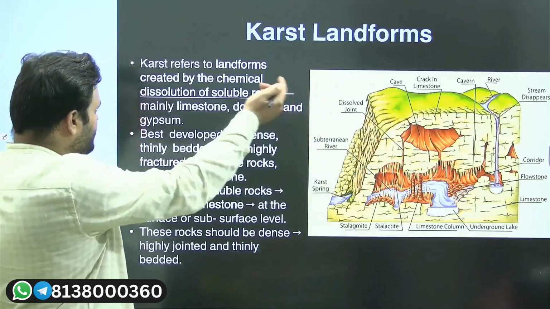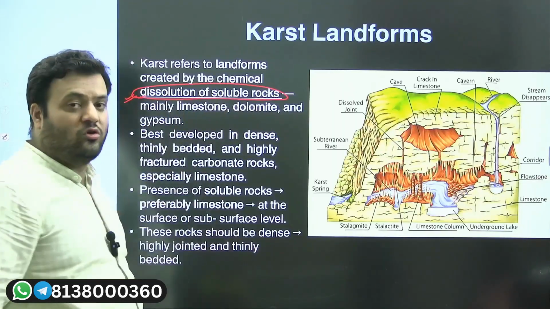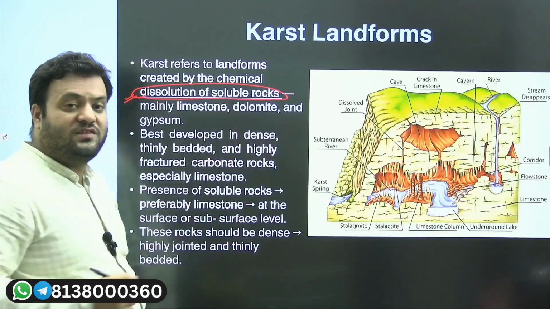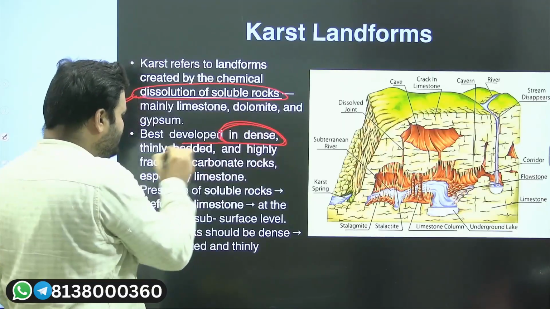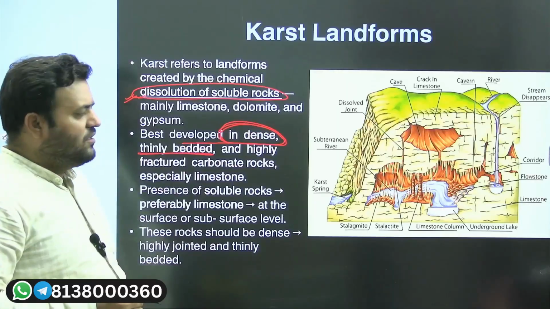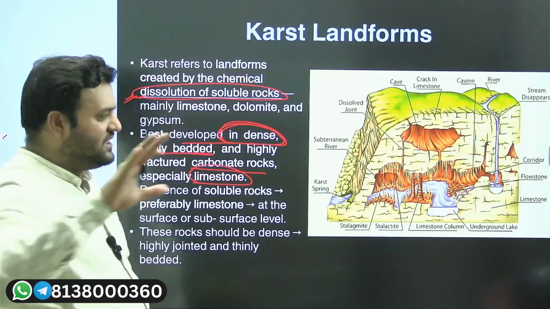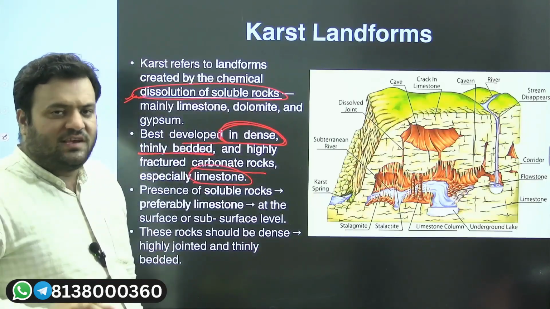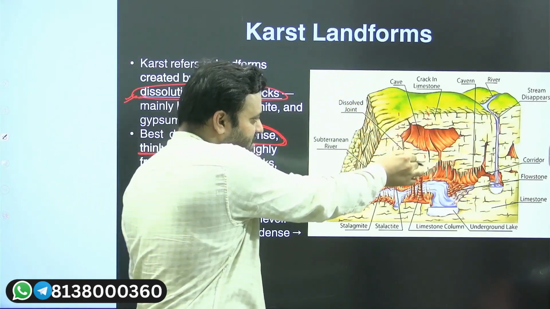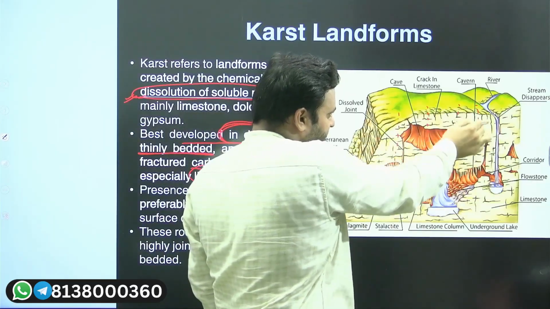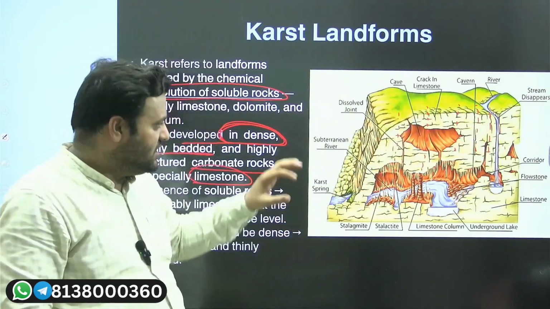First of all, whenever you see soluble rocks, limestone, dolomite, and gypsum, there you will see limestone topography. They are best developed wherever you see dense and thinly bedded rocks, carbonate rocks, especially limestone, where limestones are plentiful and dense. If there is running water, or water percolating from the ground towards the interior parts of the earth, from the top surface groundwater to the subsurface, near the crustal parts,